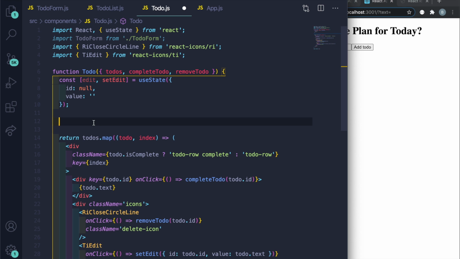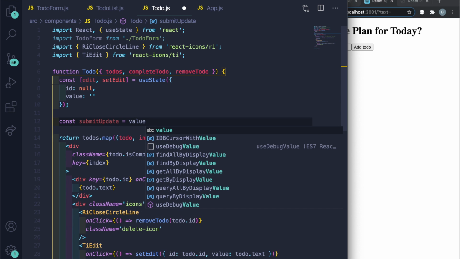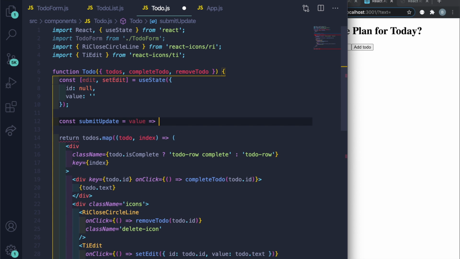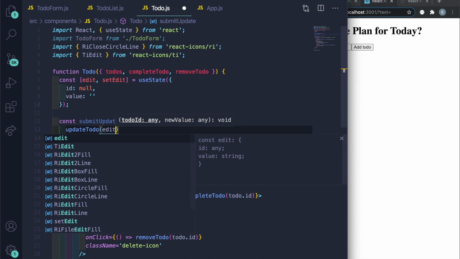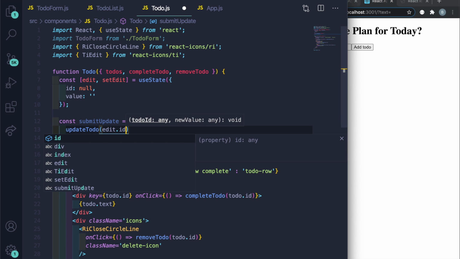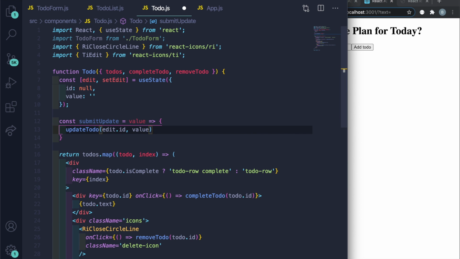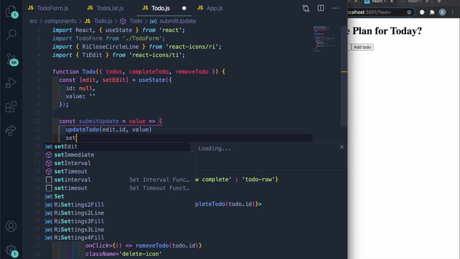So let's call this const submit update. It's equal to a value, just passing in for the parameter, and then the arrow function curly brace, and then I'm going to say update to do, and then I want to pass in edit.id, and then comma value,